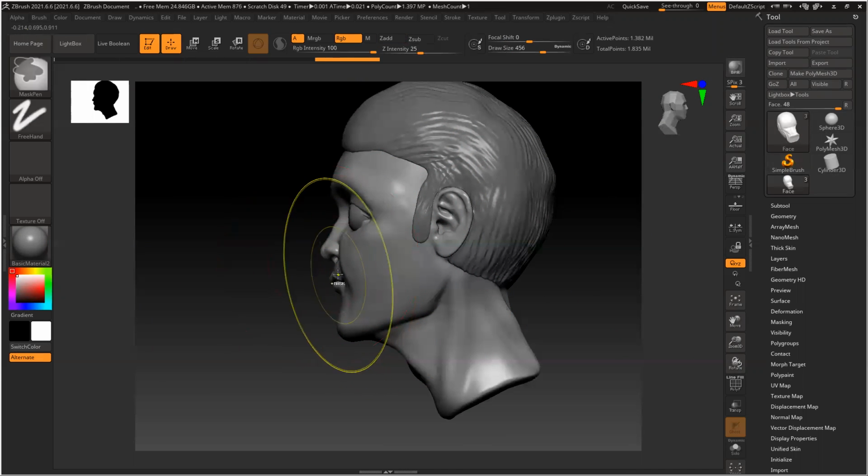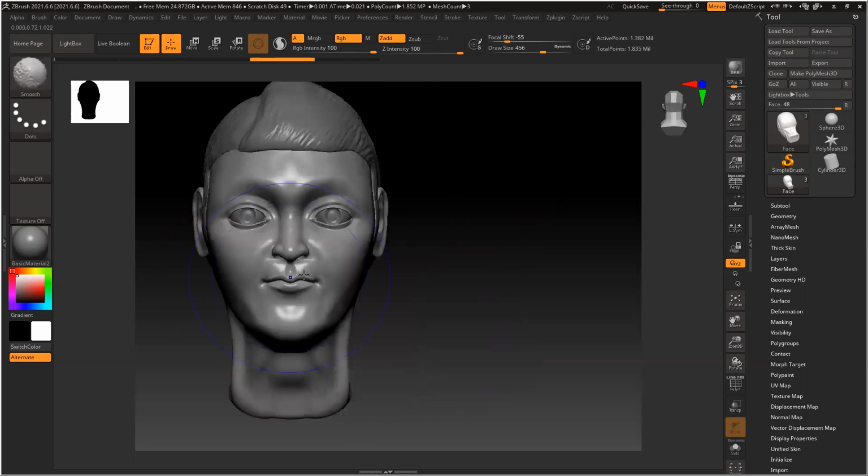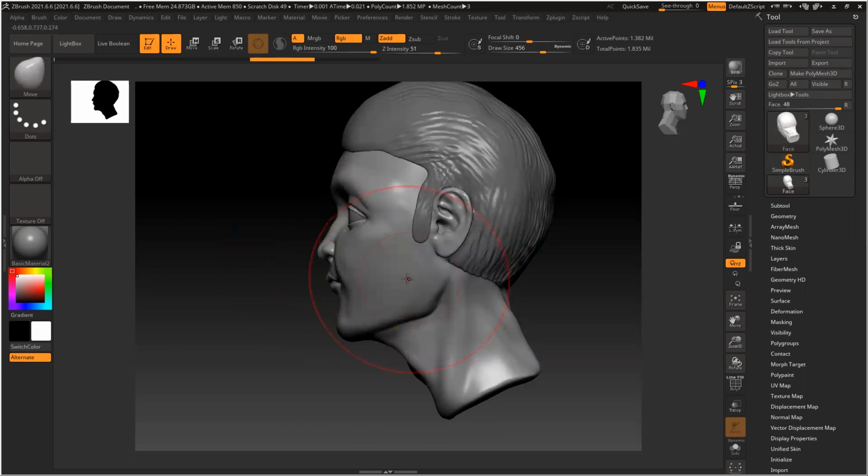So the forehead and chin will be a straight line. It should match. Forehead and chin will be at a kind of similar level. Not 100%, because again it varies from person to person. So that is something to keep in mind.